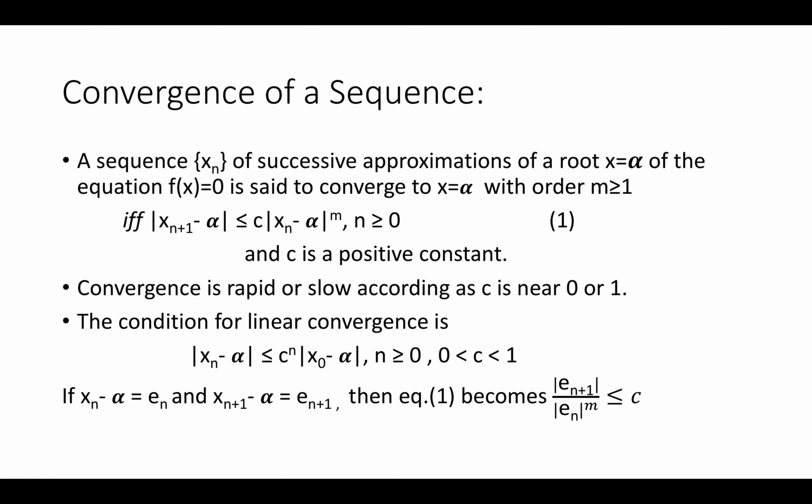So in this video we have discussed algebraic equations, transcendental equations, and root finding methods, which fall into the category of direct methods and iterative methods, and particularly the iterative methods of bisection, false position, secant and Newton-Raphson. In this video we have discussed in detail the bisection method, its input, its procedure, and with the help of a simple example and iterative table we explained it. Then we discussed the convergence of the bisection method and convergence of a sequence. So this is the first part of